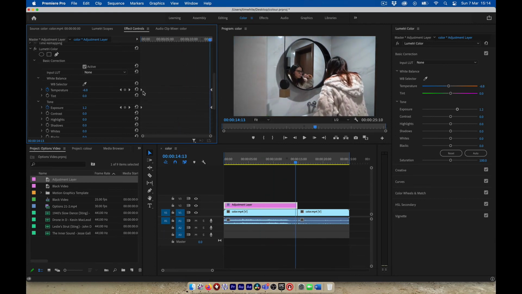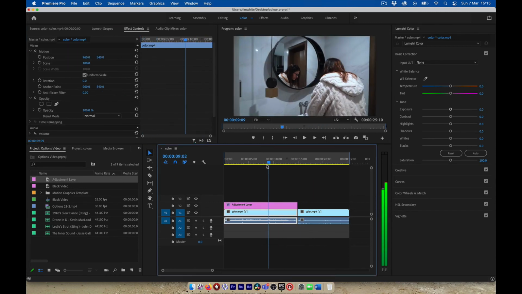So I'm going to go to this end value here, and I thought it was still a bit too blue, so let's make this minus 3. Oh, no, see what I've done, I didn't go to the end, it added another keyframe. So I need to go there, so it goes to the keyframe, and make this minus 3. And we're going to settle with,